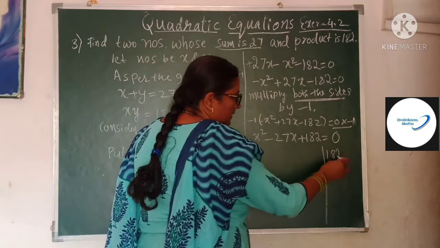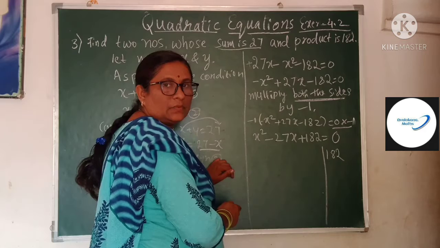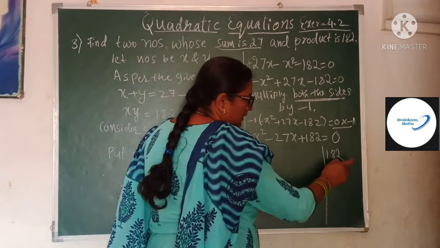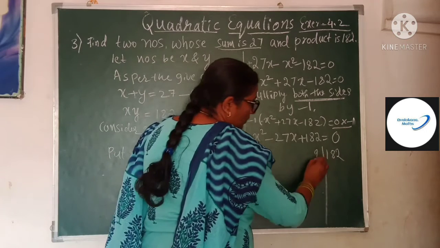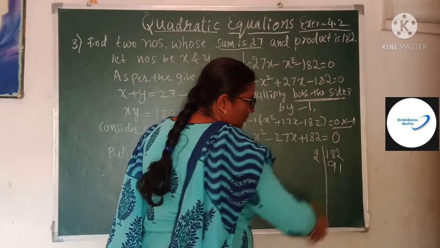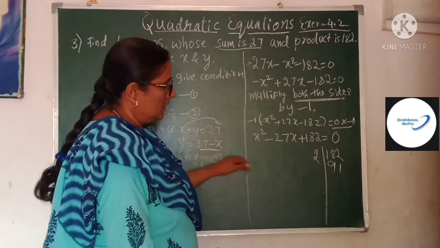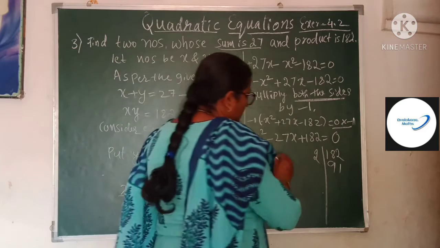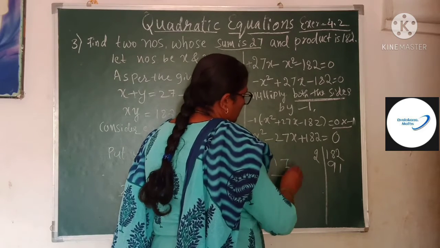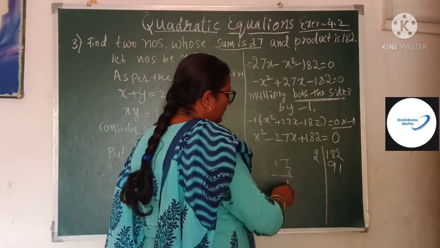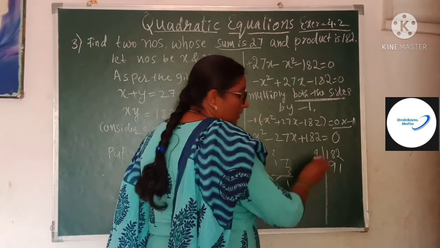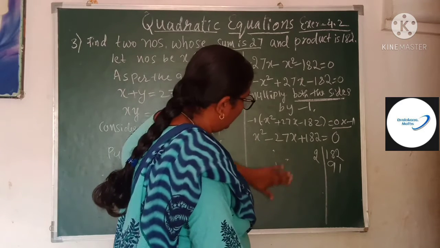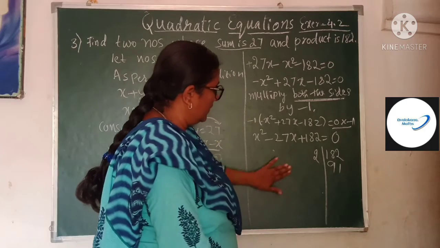So the factors: obviously it is an even number, with an even number in the units place. You can take 2. 2 nines are 18, 2 ones are 2, so 91. Now 17 threes are how much? 7 threes are 21, carry 2, 3 threes are 51. You are not getting 91. 91 is not an even number, it is an odd number.